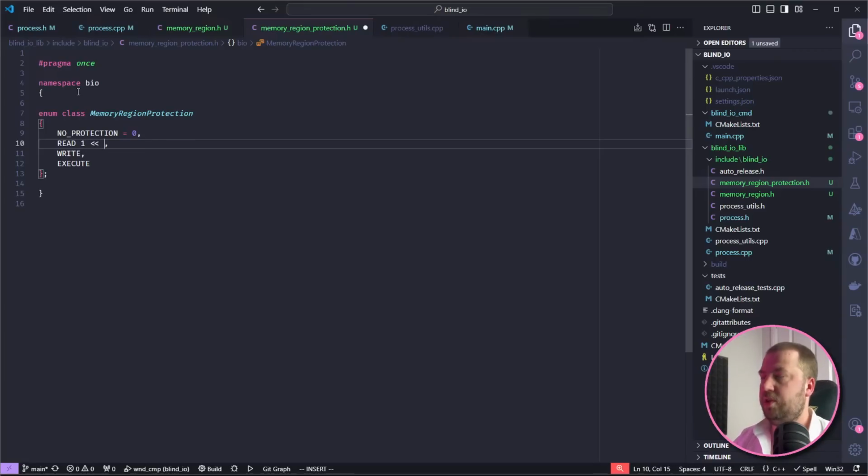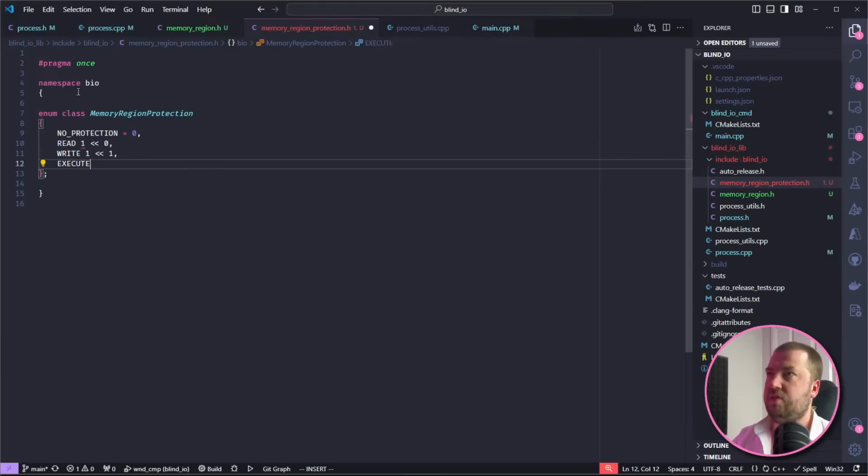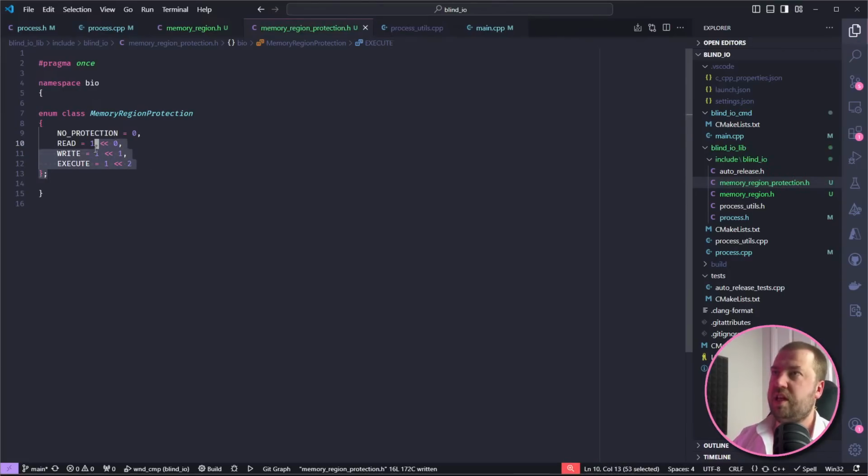So what we're going to use is a bit flag. If I set these values to all different bit values, then if you look at these numbers in binary, they will only ever have a 1 in one place and the rest zeros, which allows us to use bitwise arithmetic to combine them. We'll go through how that looks as well. And if you start this one at 0, that means if there are no bits set, then there's no protection. Hopefully that makes sense.